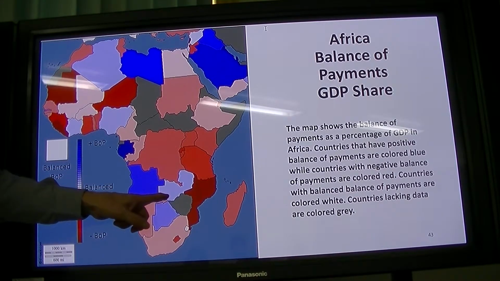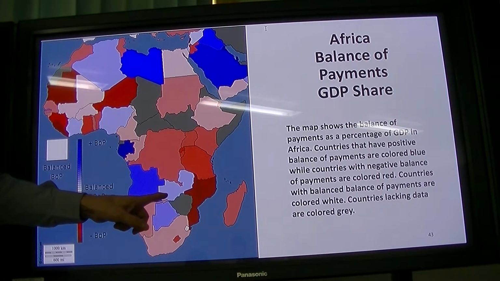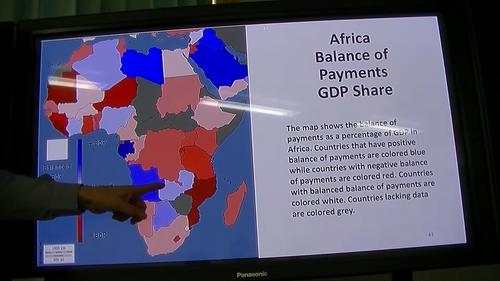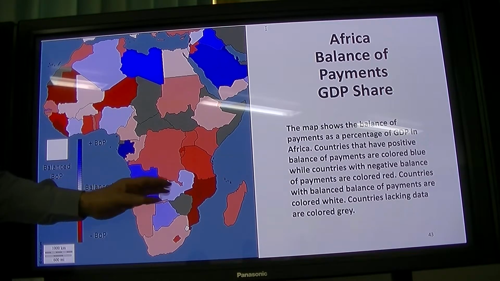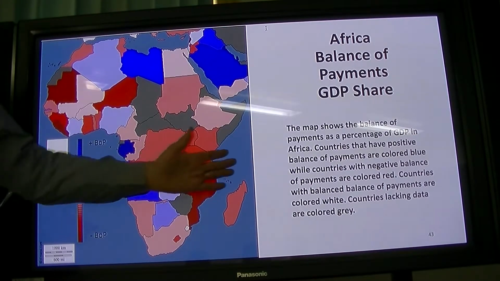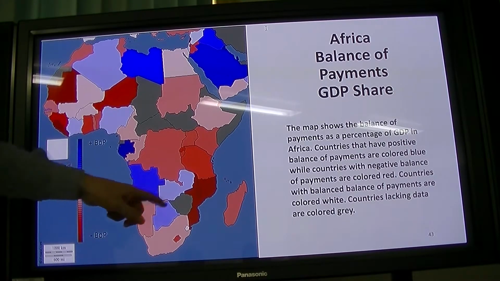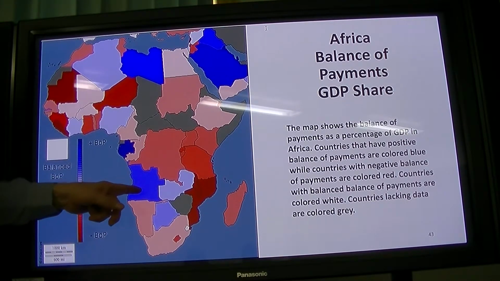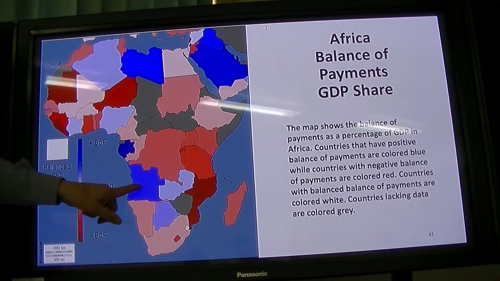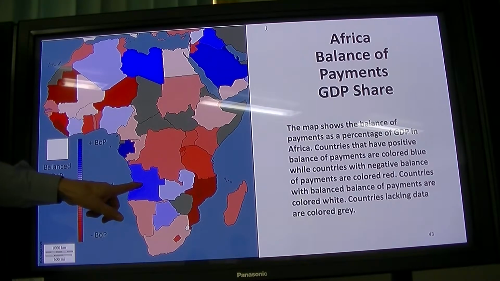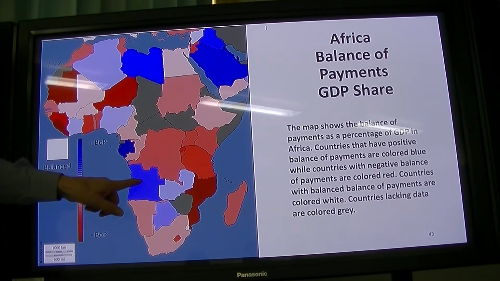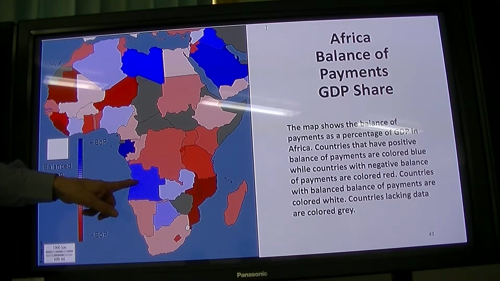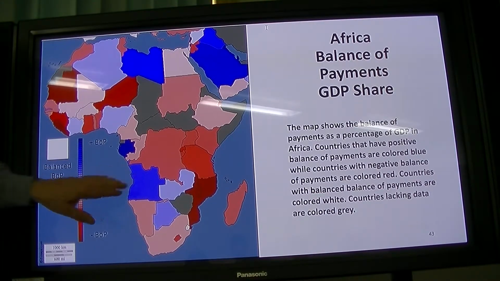Zambia is exporting. It has a fair amount of hydroelectric power. Chinese investment is helping it to become a net exporter. This is probably a positive. That's Angola. Angola, it's a little bit mixed. That's because of oil wealth. It's a net exporter, so its balance of payments is positive. But there's a lot of problems. That's not necessarily